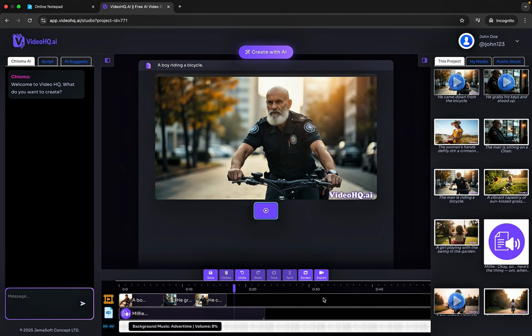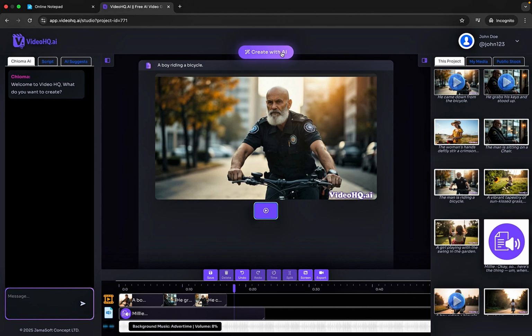We are going to look at a wonderful feature of VideoHQ, which is talking photo. You use this feature to make your images talk or sing. You can either generate your speeches using VideoHQ, or upload already made speeches, or record using the inbuilt voice recorder. But in this case, we'll proceed with using the text to speech, then creating an image and making it